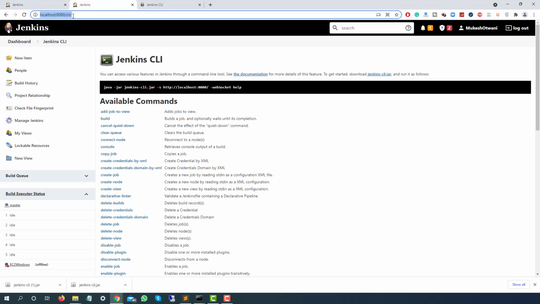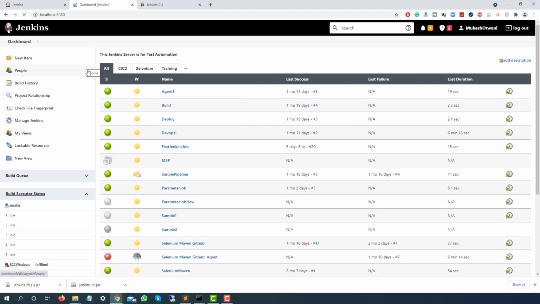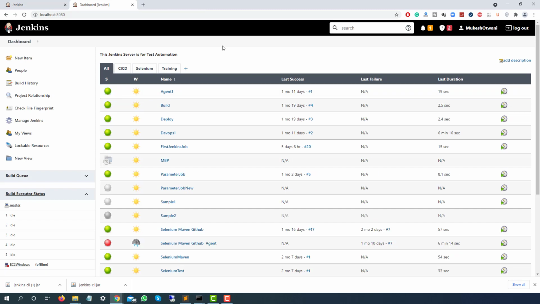Now if I go back to my Jenkins, as you can see, I have different jobs on my dashboard, so I can build any job, because our main goal is to understand how this CLI command works. We have one Jenkins job which is the first Jenkins job, and if I show you this job, it is just doing basic printing, which is an echo command.